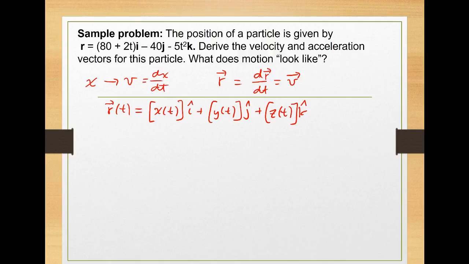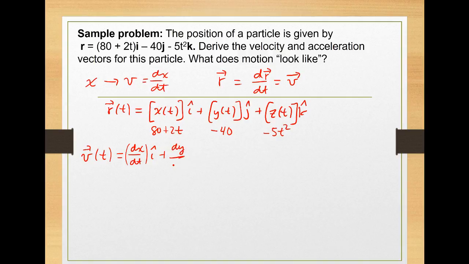So if we have essentially that x of t is 80 plus 2t, and y of t is negative 40, and z of t is negative 5t squared, let's see if we can try to understand what the velocity would look like. So we take the derivative of each of those functions, and this would be dx/dt i hat plus dy/dt